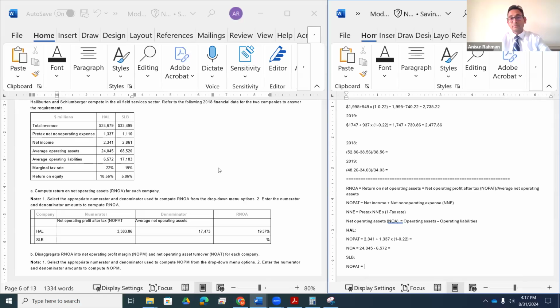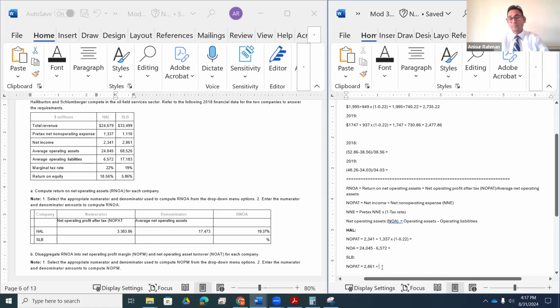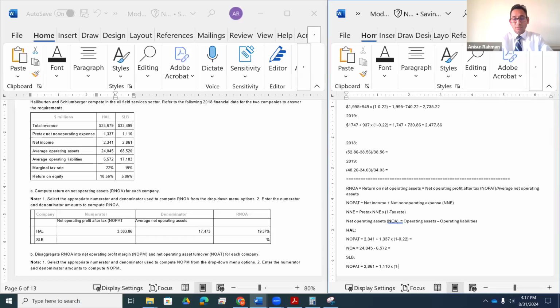The NOPAT is equal to net income, which is this number, plus our pre-tax net non-operating expense, which is this number, times 1 minus the tax rate, which will be